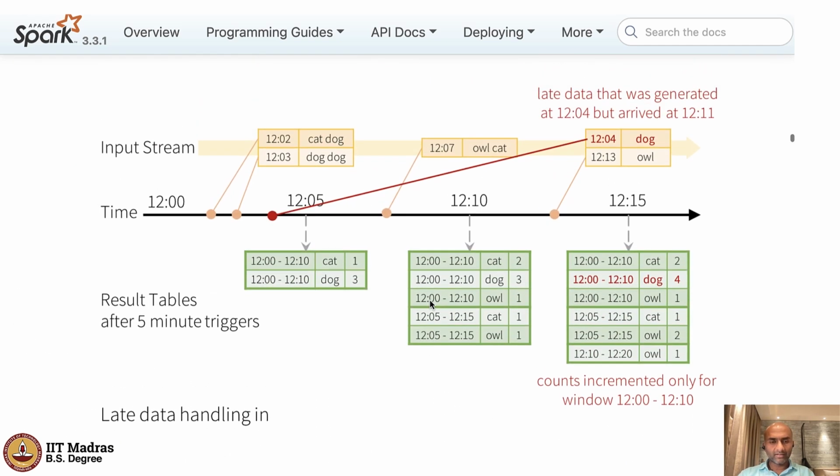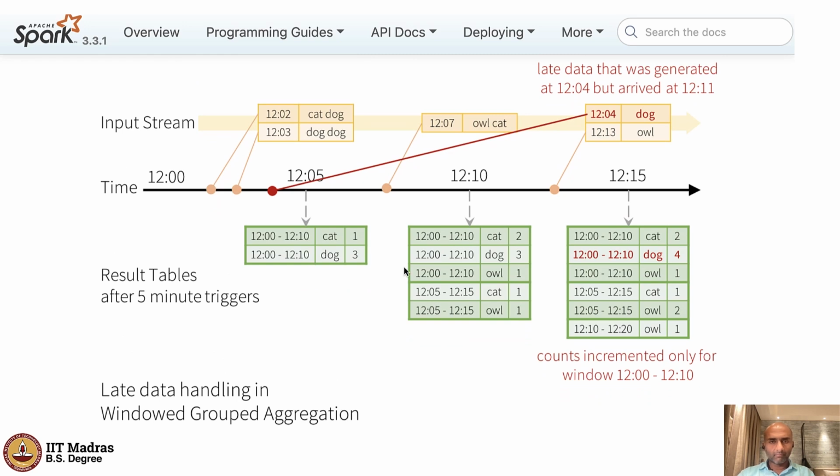So let's take this example. I have now data that comes at 12:11, basically between 12:10 and 12:15, but the event time within that data corresponds to an older timestamp, which is 12:04. So up till 12:10, the answers are the same as the previous example that we saw. But now, because of the late arriving data, what has happened is